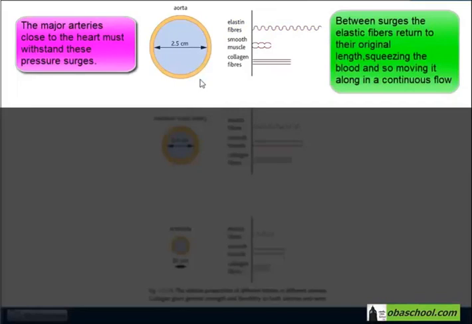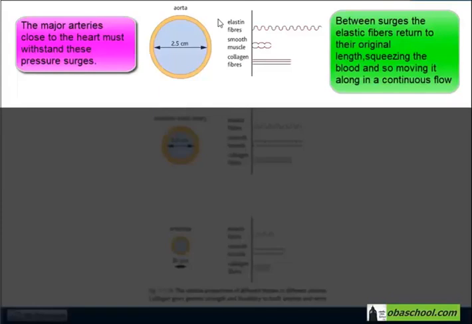So when we have the pump of pressure, elastic fibers are going to expand in order to allow for this blood that is rushing into these arteries to take space. After this surge of pressure, the elastic fibers will recoil, they return to their original length. When they do that, this recoil is going to squeeze the blood to move it forward. This is how we start the flow of blood. So it's important to have a lot of elastic fibers